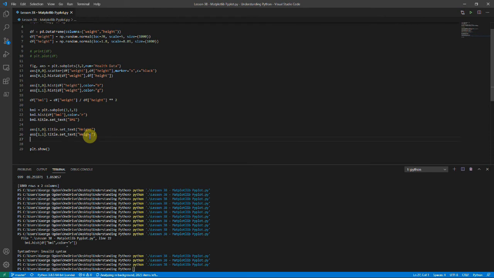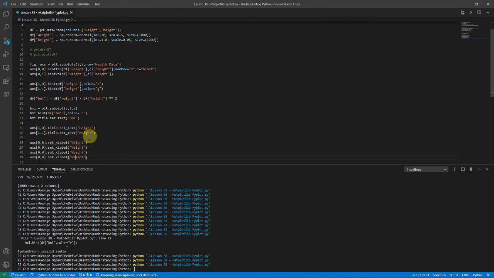So for the ones where we've put scatter plots and 2D histograms, we probably don't want that to have a title, but we can instead just give the x and y values names. So if we take the top one, then we can set the x label equal to weight. And if we just copy this, then we can modify it so that we then set the y label to height on both plots. And there are ways of getting it to share y labels, but for now we'll just leave it as it is. And then when you want to change the x to y,